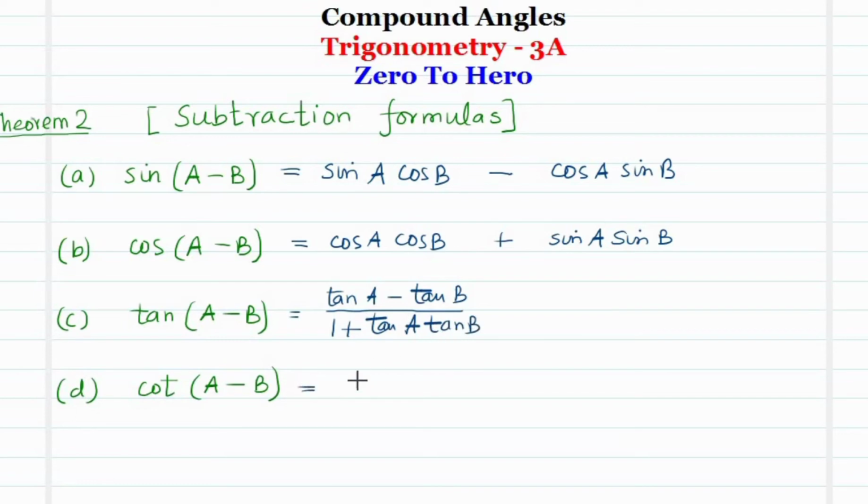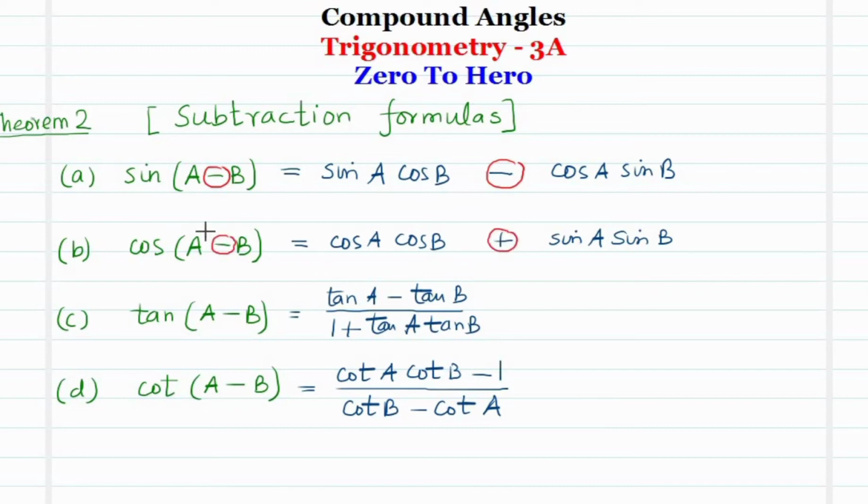And cot of A minus B is cot A cot B minus 1, divided by cot B minus cot A. Now, a few very important things need to be understood. In case of sine, left hand side minus, right hand side minus, no issues. But in case of cos, if left hand side is minus, then right hand side becomes plus. So always opposite. In case of tan, this formula is valid